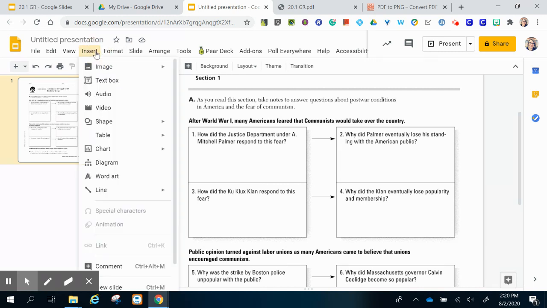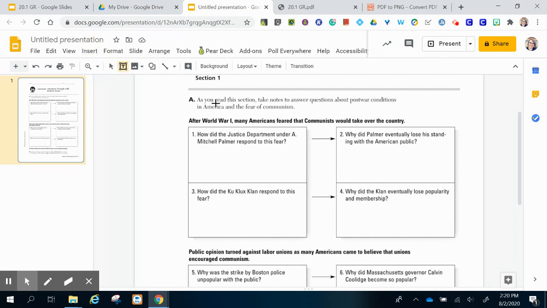Or you can go to Insert Text Box. They both work. And I want to make it so that the kid can type where they would have normally, if this were a piece of paper, where they would have written. Now, I'm a big fan of elevating, or at least creating a more tech responsive option. If you're going to put it on a computer, if you're going to digitize it,